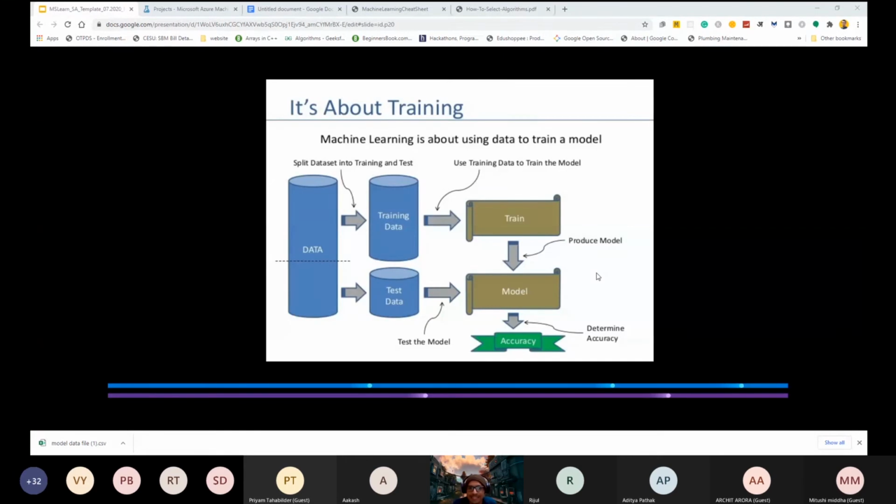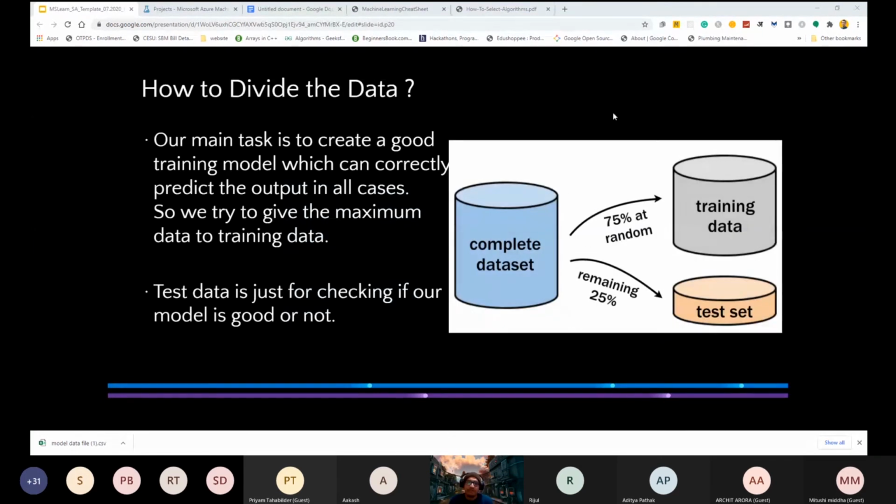So similarly, the train dataset is the dataset with which we prepare our model. This is the dataset using which the input-output mapping is learned. And second is our test dataset. It is a dataset we use to test the accuracy of our model, to check whether the model is good or not. So basically, we divide the dataset in two parts. The first one is 75% goes to the training data, and 25% is for the testing.